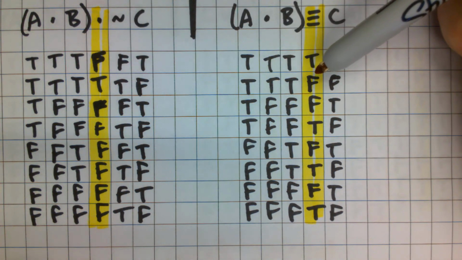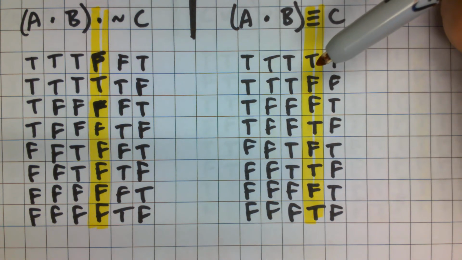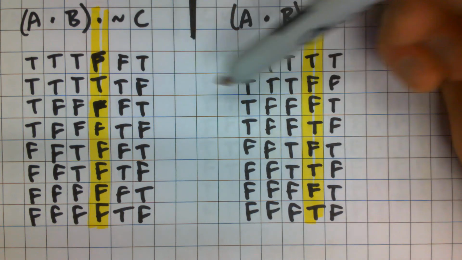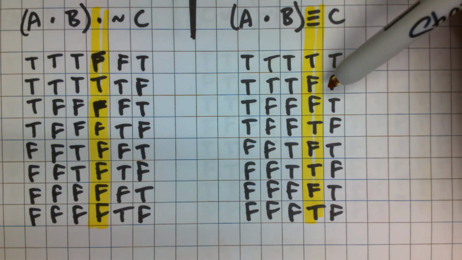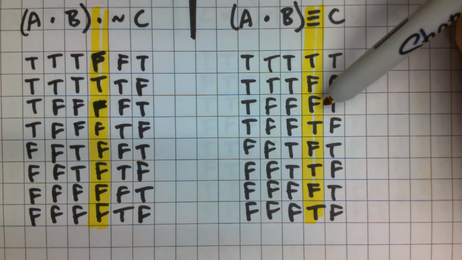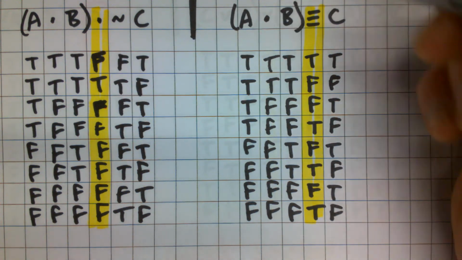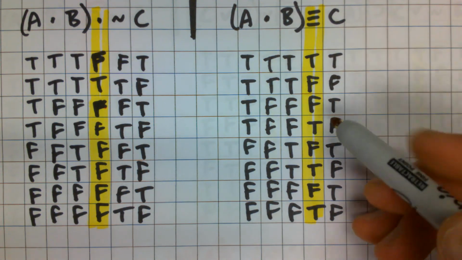So they're not going to be logically equivalent. And so far they're not logically consistent, but I'll keep going. So now here I have false and true. So far on lines 1 and 2, they've contradicted each other. Line 3 is false and false. So they're no longer contradicting each other, but